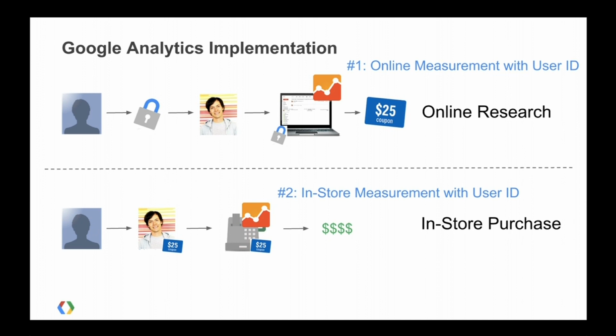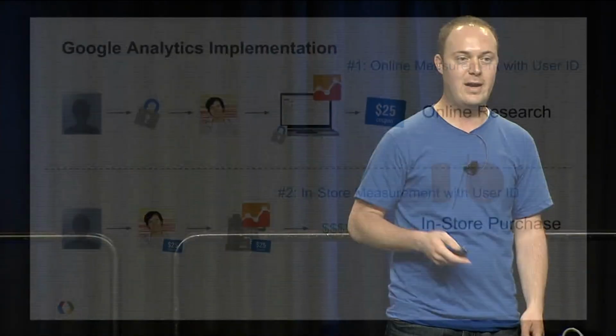The second thing you want to do is, in the in-store side of things, from the point of sale, because we have the measurement protocol now, you can send hits from pretty much anywhere, including point of sale systems. So at that point, what you want to do is send the transaction to Google Analytics. You want to make sure you set the user ID in that situation. Now, the thing that's maybe not 100% obvious, but is important here, is what the coupon actually accomplishes. The coupon is what actually ties these two things together. It allows us to encode the user ID into the coupon, for example, which we then can extract in the in-store purchase. Right? So this actually makes the connection.